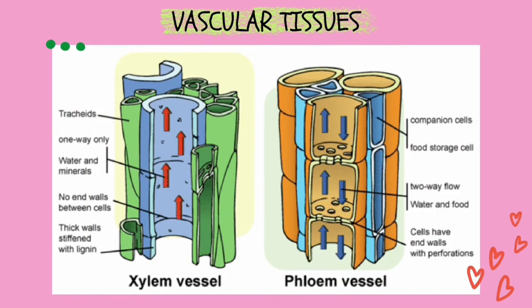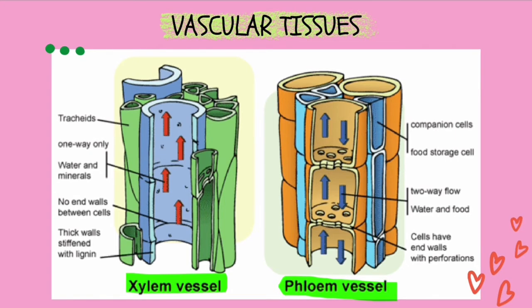Now that we have already learned about dermal tissues and ground tissues, it is time to look at the final type of permanent tissues, which are the vascular tissues. There are two types of vascular tissues in plants, which is the xylem and the phloem. The main difference between these two vascular tissues are the function. The xylem functions to transport water and mineral salts from the roots to the rest of the plant, whereas the phloem functions to transport sugar produced during the photosynthesis in leaves